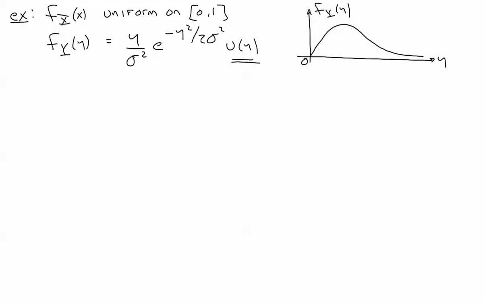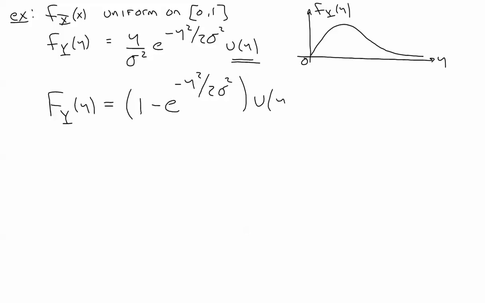So earlier in another video, I'm not going to do all the math now, I found that the cumulative distribution function for y equals 1 minus e to the minus y squared over 2 sigma squared times that step function. So what I'm going to do is set this equal to x and invert it. And I'm going to get y equals